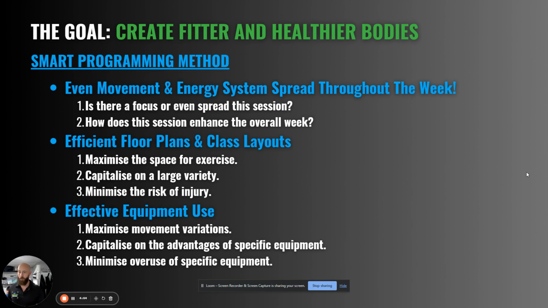How do we capitalize on the most amount of variety possible, while also minimizing the risk of injury, like tripping over equipment? If there's stuff everywhere, it's a hazard. So we make sure we're utilizing the same pieces of equipment for multiple things and not just taking over the entire gym. And that leads into the third point, effective equipment use. In these classes, we want to make sure you're leaving no loose ends, that there are no weak points, and that you're mastering all movements with different implements or pieces of equipment.